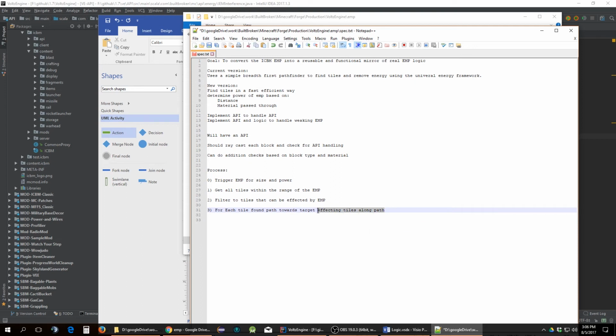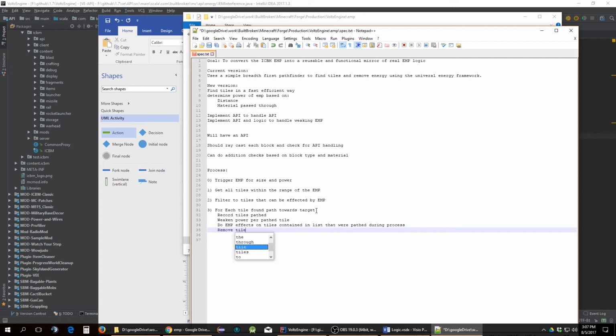So you want to path towards target, and while you're doing this, record tiles pathed, weaken power per path tile, do EMP effects on tiles contained in list that were pathed during process, remove tiles pathed to avoid duplications. So that's the part I was thinking about. These are the things you design for. You want to look for issues like that. Then once you do all that,